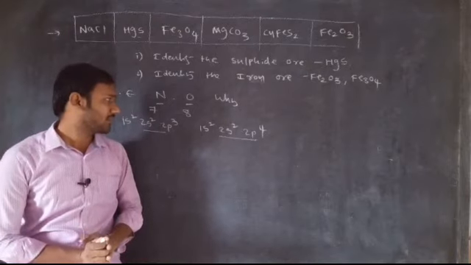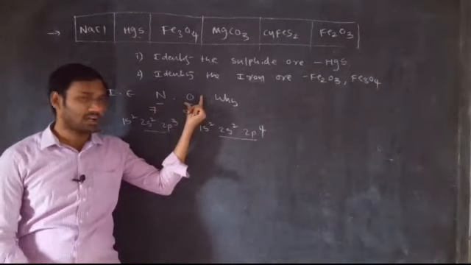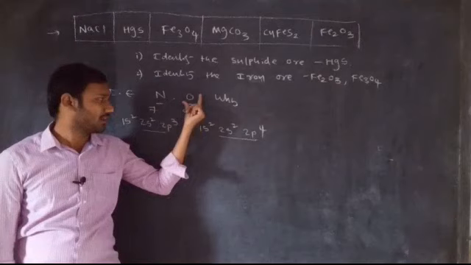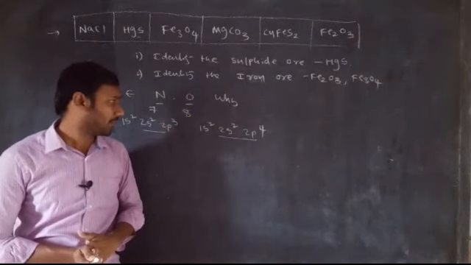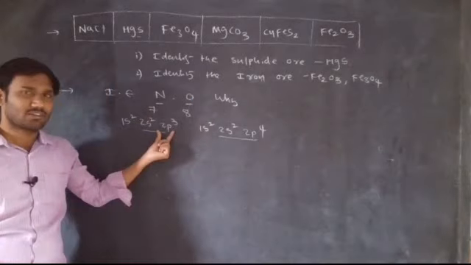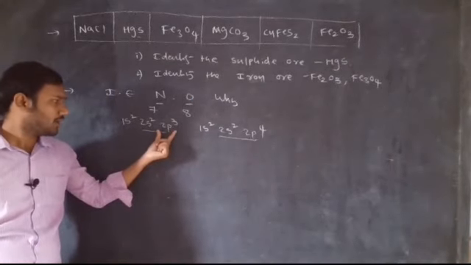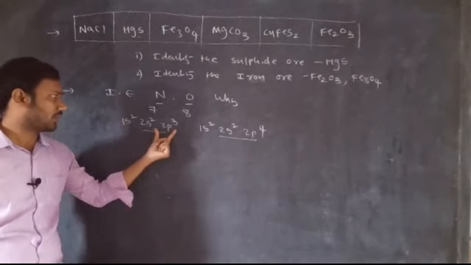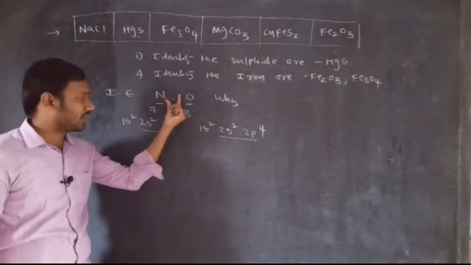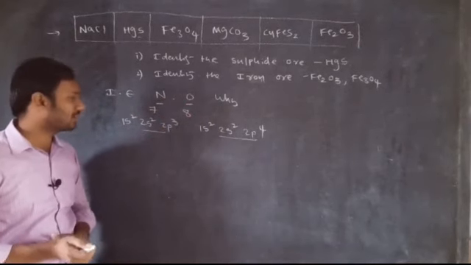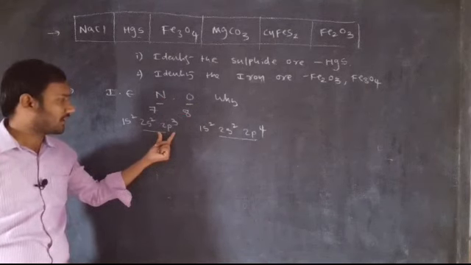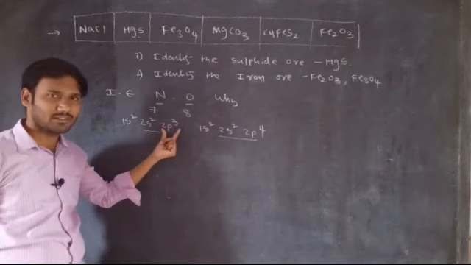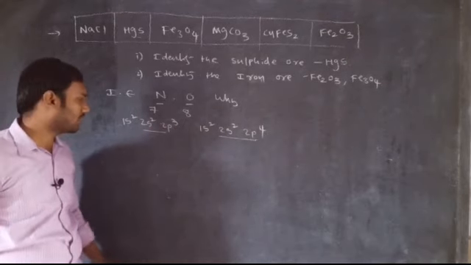Now as per that concept, after nitrogen the oxygen element is coming, so we expect the oxygen ionization energy to be more compared to nitrogen. But here what happened, due to the half-filled configuration of nitrogen, nitrogen has more ionization energy compared to oxygen. So what is half-filled configuration? Half-filled configuration is when the number of electrons in a subshell is exactly half the maximum. Such a configuration we call half-filled configuration.